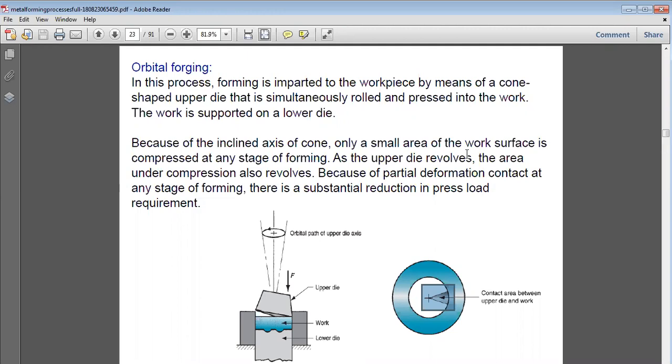So there is a substantial reduction in press load requirement, because all of the load is not applied onto the workpiece all of a sudden, all of the time, and all over the workpiece. Clear?